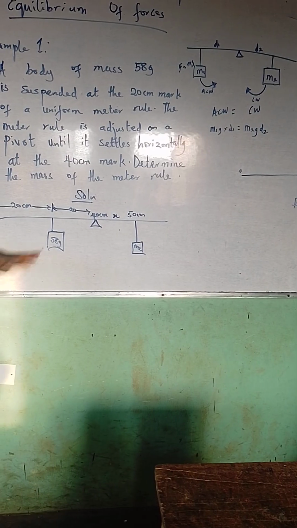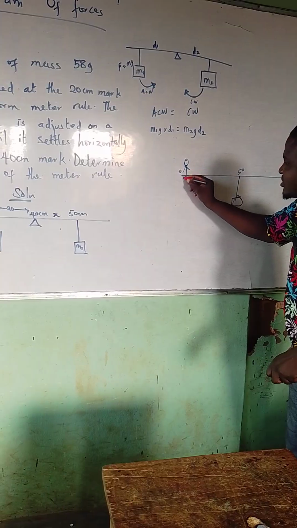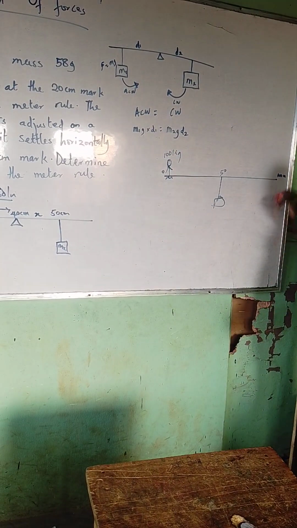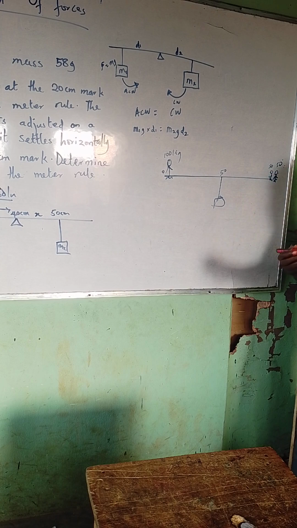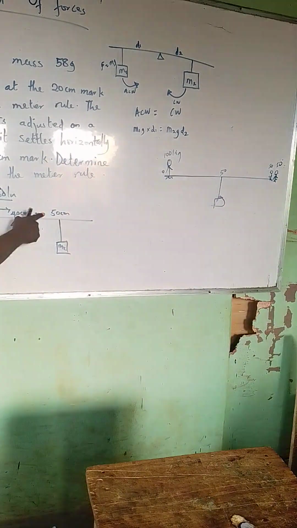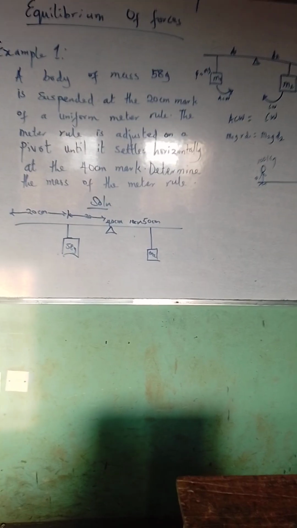For this thing to balance, for example, if two boys are sitting down here, maybe this one is 100 kg, they are doing a seesaw. If another person must sit down for this thing to be balanced, it will be 100 kg. If there are two boys sitting down here, it means 50-50, so that the weight will be balanced like this. So that means from here to here is 10 centimeter. So you now do